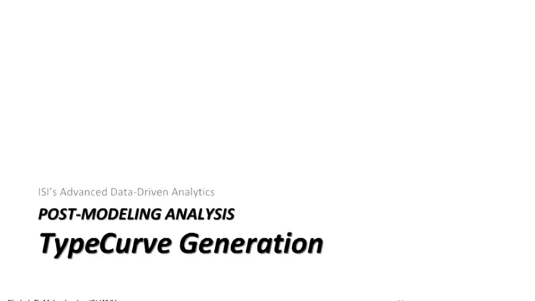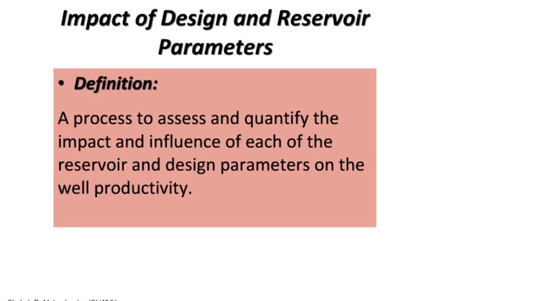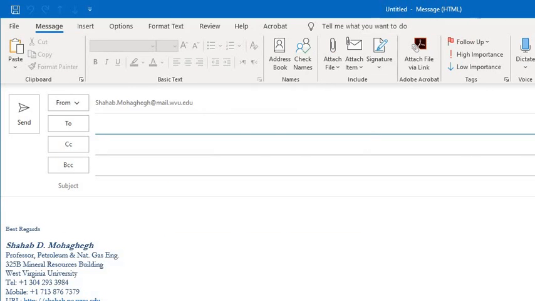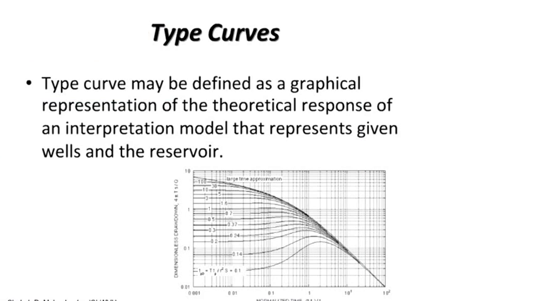Then we go to type curve generation. This is a process to assess and quantify the impact and influence of each of the reservoir and design parameters on the well productivity. The key about the type curve, we've all seen type curves in our industry. The key about them is that they always